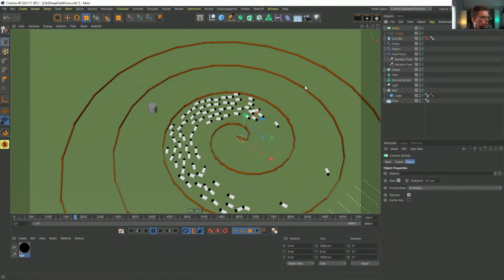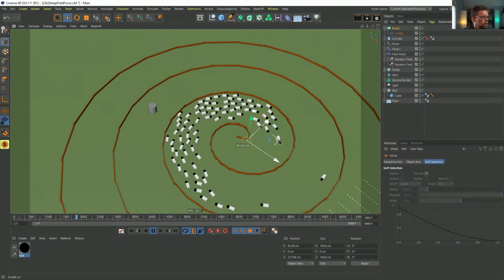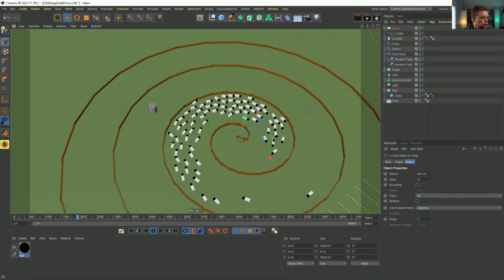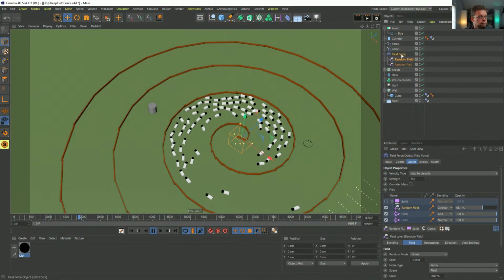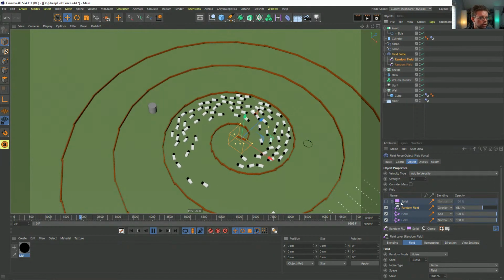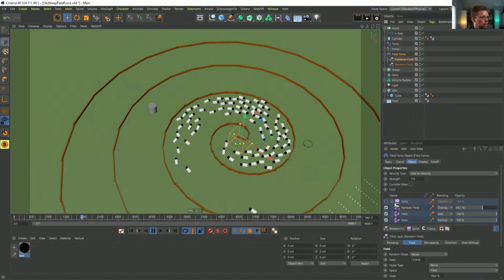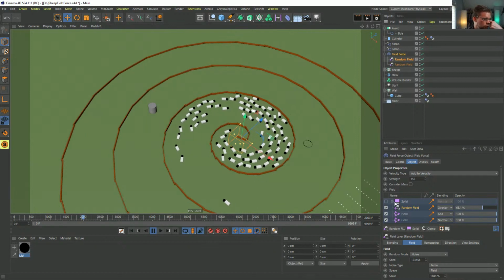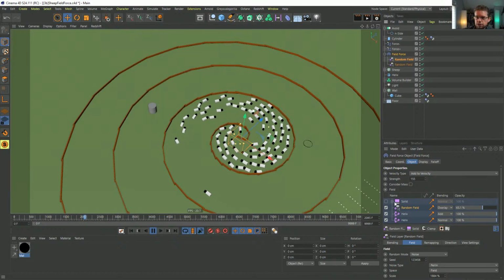We can put whatever shapes we want in there, but the idea being I could put this end side anywhere I want because in the field force I will feed it in. Oh, I don't have the dead zones in, but at this point I just want to see what happens when all the sheep get trapped in this one spot, and then we'll continue. So let me check it out.